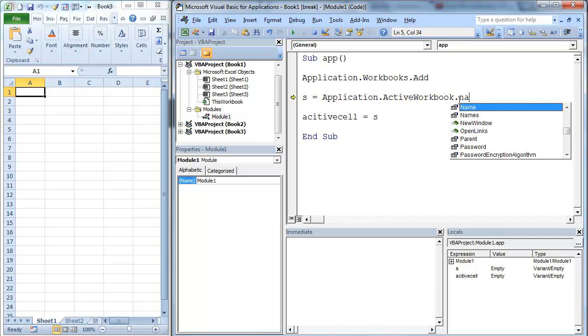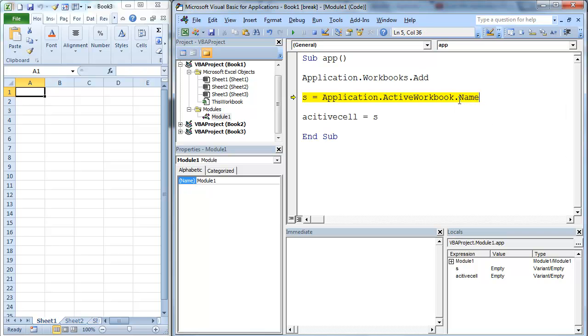active workbook. I've got to name it. We're going to go application active workbook name, because otherwise you're not telling it what to do. There's lots of methods that you can use on that. So it's book 3. It's going to go active cell since we're in. You'll notice right here that this is not capitalized like it was earlier. That means that I have spelled it A-C-T-I. You'll notice that it capitalizes. That's one way to know, one easy way to know if you've spelled something incorrectly. So I'm going to go ahead and hit F8. Notice that that puts in